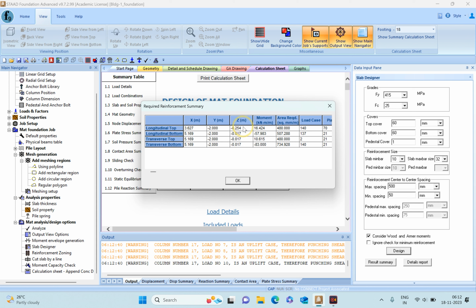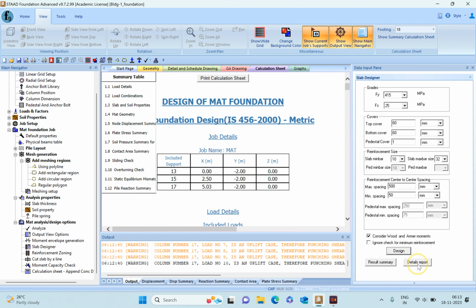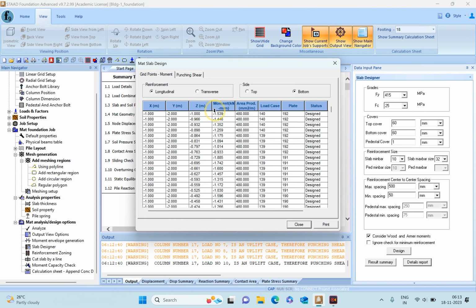Based on the maximum moment envelope which is generated, the area of steel (AST) required will be provided here by the program, and you can see which load case and which plate number has the maximum loads. And you can see a detailed report also in this way,